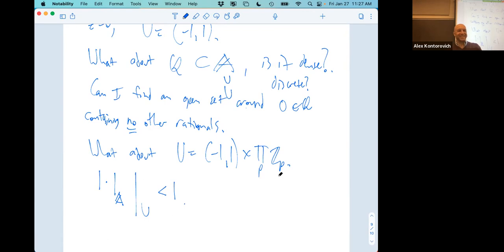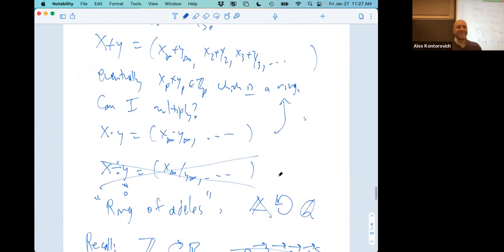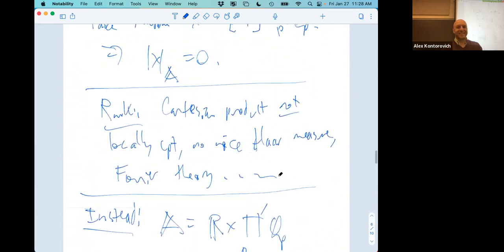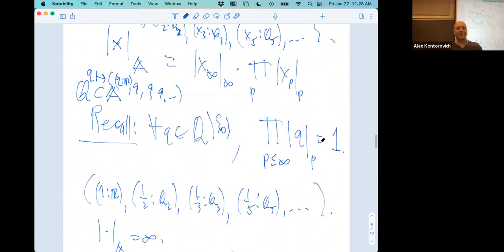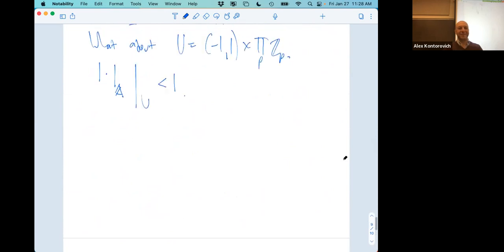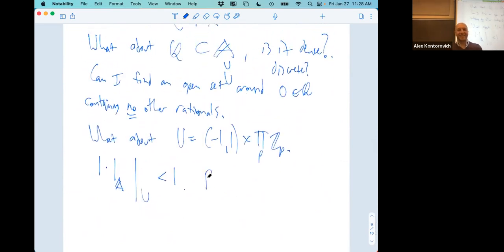Yes. Is it because there are no primes? It's because we know what the norms of any non-zero rationals are. The Adelic norm of any non-zero rational is 1. But on this set, all the norms are strictly less than 1. So we're still using the open ball of radius 1? Yes, we're using the Adelic norm in this way, but that's not necessarily...